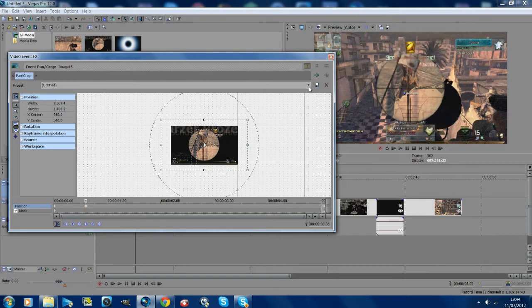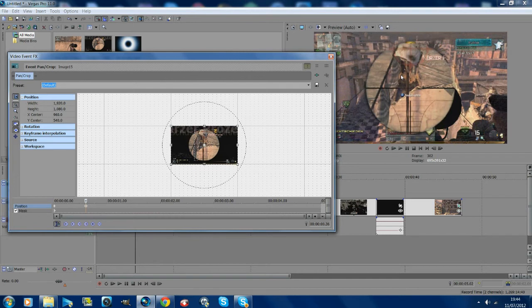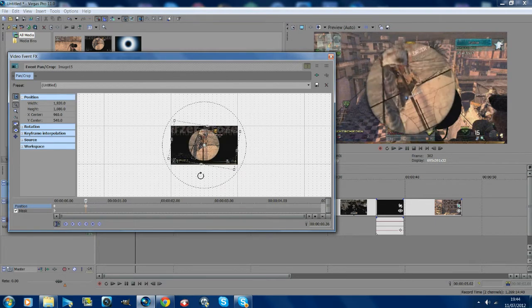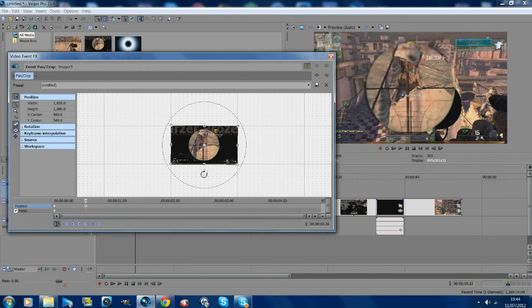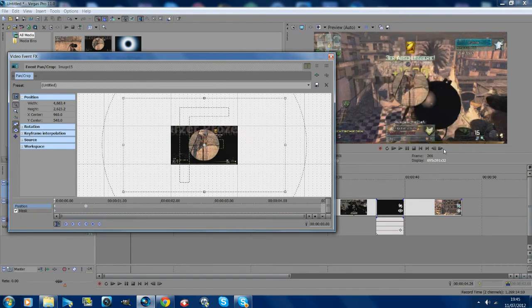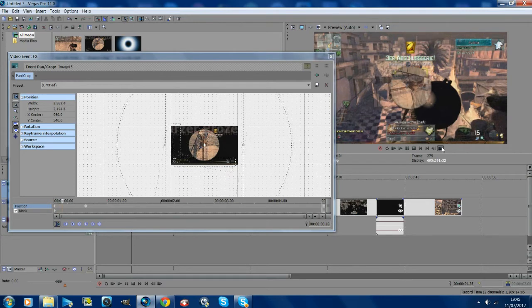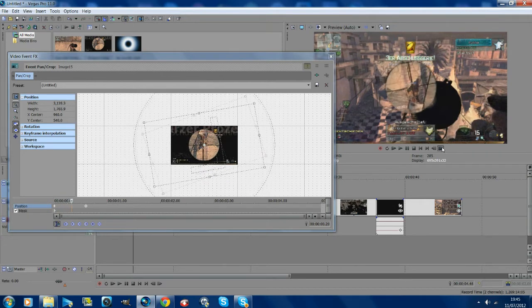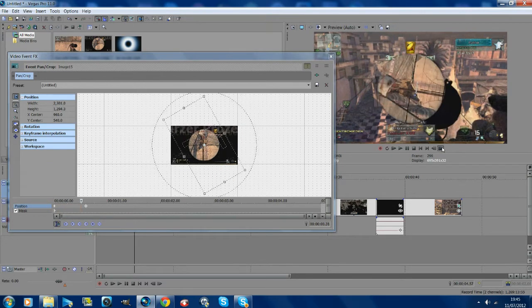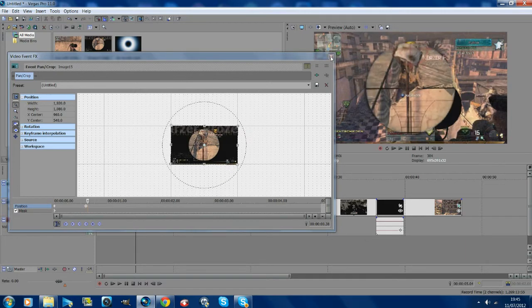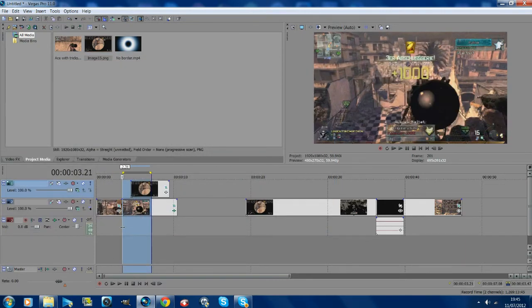there, or say back, click on this drop down arrow and go back to default, so that'll set it back to a smaller size. And then you want to go like this on the outer circle where you can rotate, just rotate it round 360 like that. And what that has done now is from here to there, it's animated this to go round like that. I know that might be a bit slow, but I'll preview it out now to see what it's